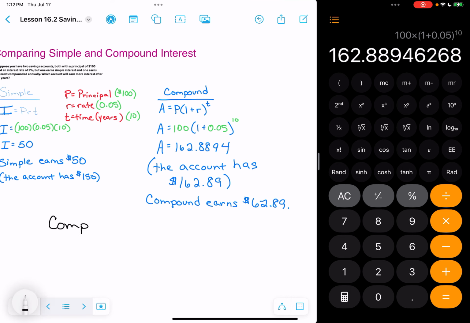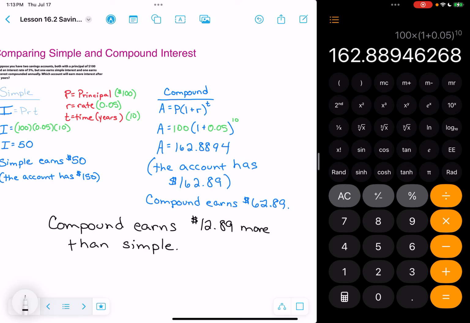Compound earns more. How much more does it earn? Well, if simple earns 50 and compound earns 62.89, then compound earns $12.89 more than simple. So if you have the same starting amount of money, the same interest rate, and the same amount of time,